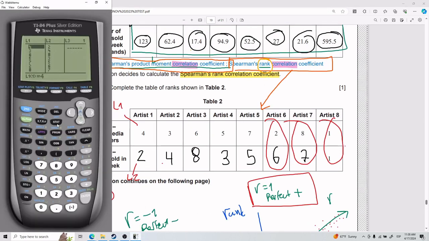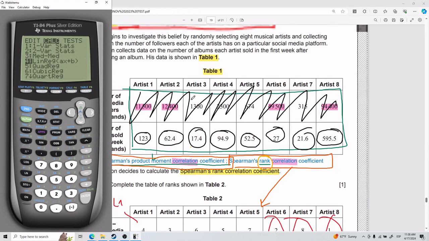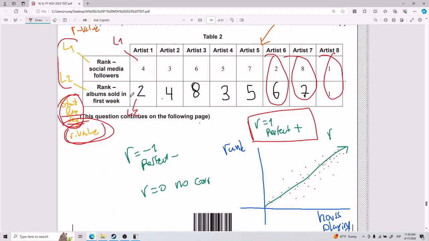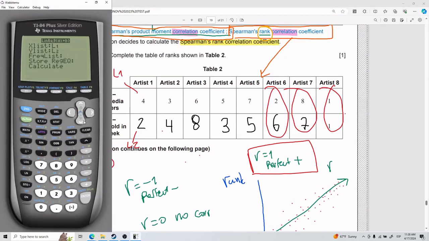So you're going to go to stat, calculate, and reach line reg. It's a regression, okay, line reg. So your X list is going to be L1, perfect. Your Y list is going to be L2, perfect. Your frequency list, do you have one? You don't. So you're going to leave it empty. A lot of people feel like you have to plug something into all of these things. Not necessarily. If your calculator lets you scroll down, then you don't have to plug in something. In this case, there is no frequency list, so you skip it. For store reg EQ, for our interests, you're pretty much never going to do it.